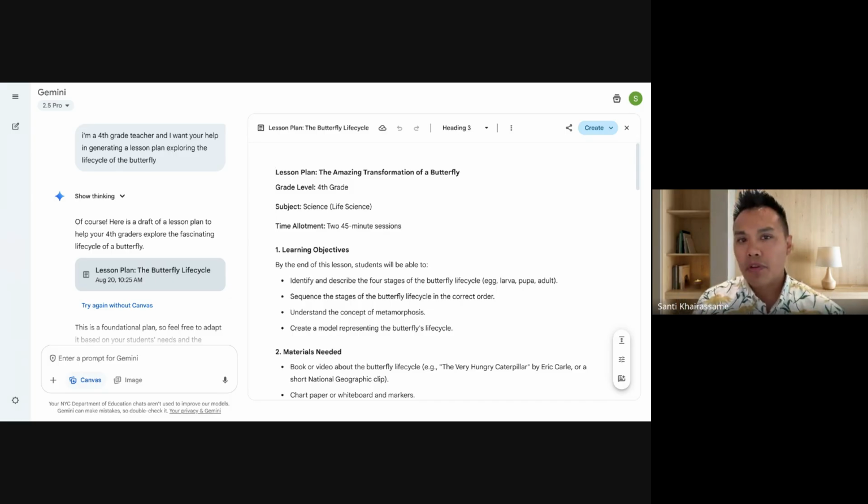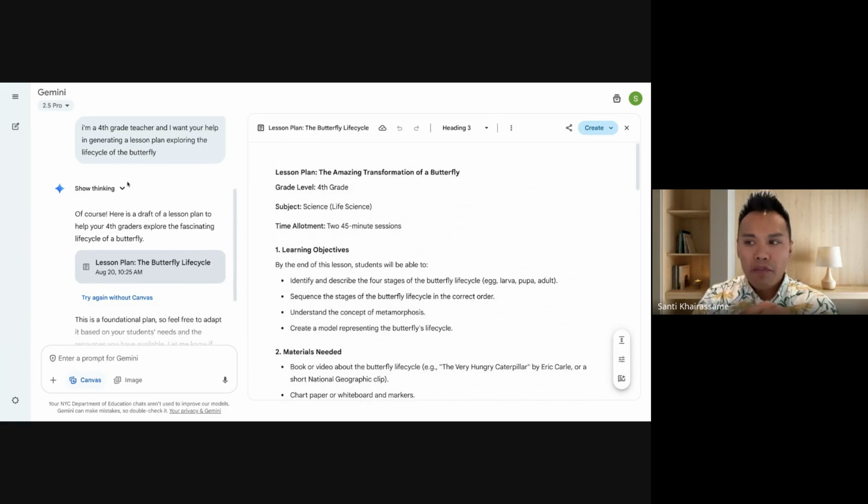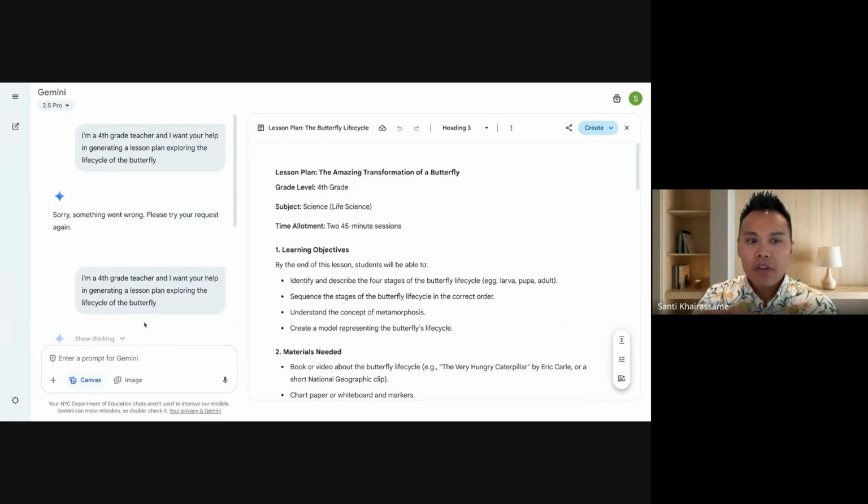Now, how do we take it a step further? As you can see, it took the lesson plan and it automatically put it into Canvas. You see it's highlighted. And what Canvas is, it's just a different view of your chat. You see the resource on the right. All right, so here's my lesson plan. And then you have your Gemini AI chat on the left. So with these AI tools, I implore everyone, don't be lazy about it. And what I mean by that, as Jason was saying in the chat, yes, I love Canvas, Robin, absolutely.